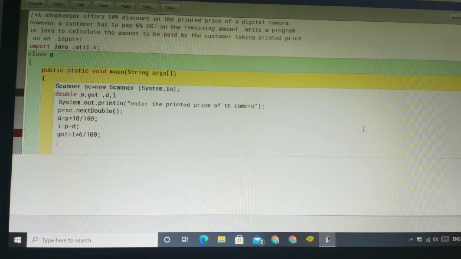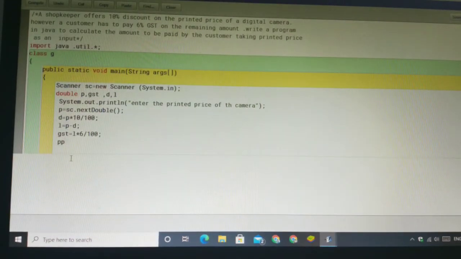The paid amount may be stored in variable P. Paid by the customer is equal to the price after discount, this L is the left amount, plus GST, because GST is paid by the customer.